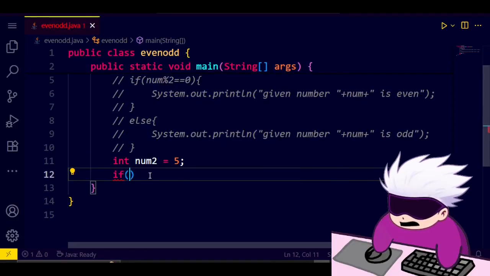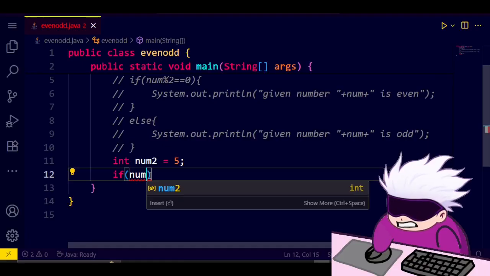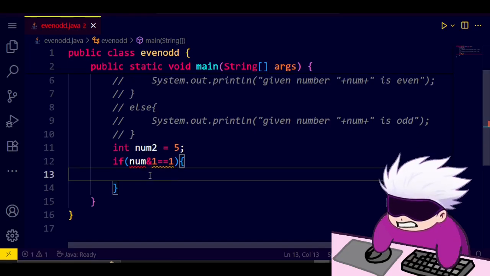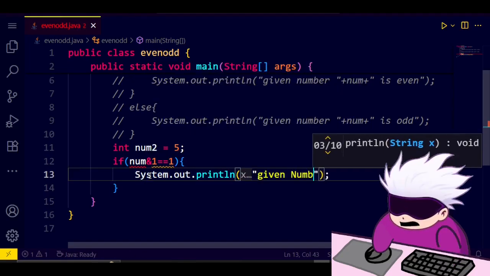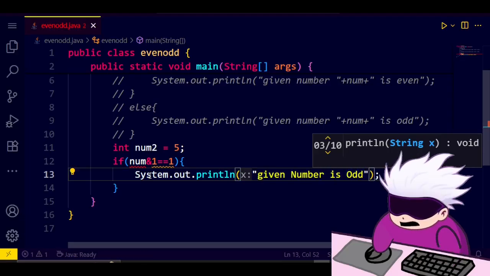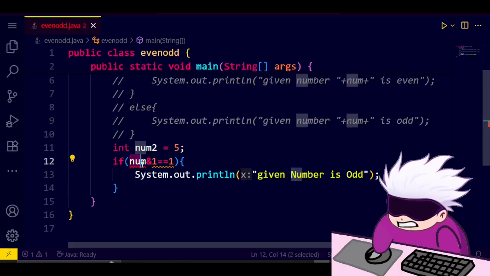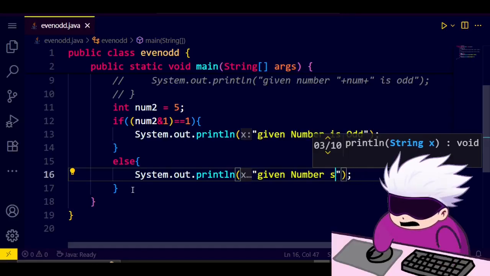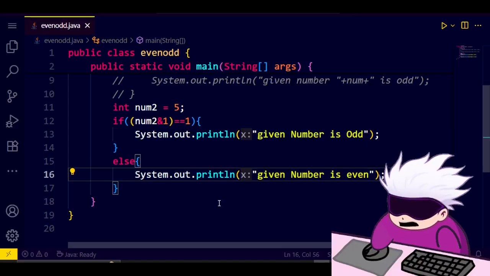Then if number AND 1 equal to 1, then print given number is odd. Let me fix the condition. Else print given number is even. Okay, let's run this code.